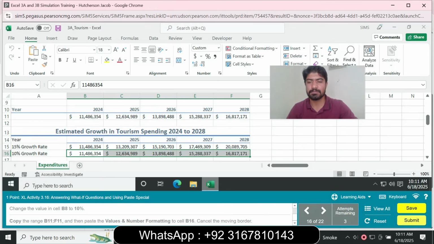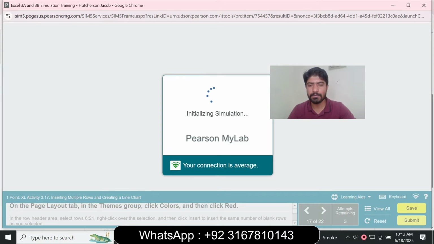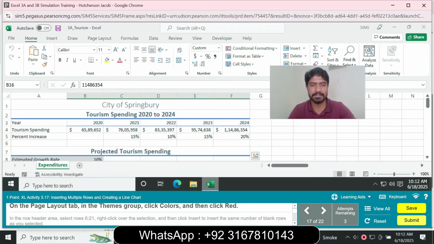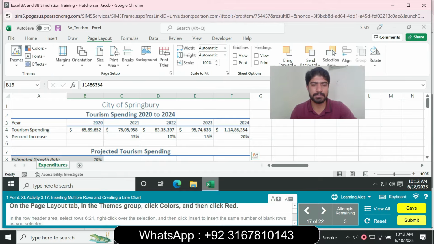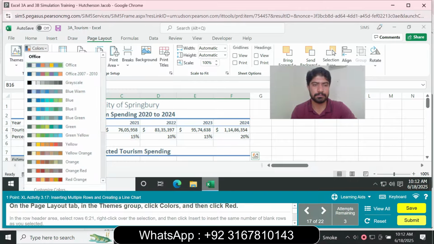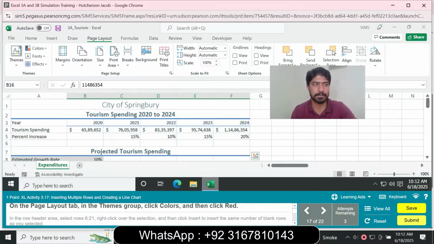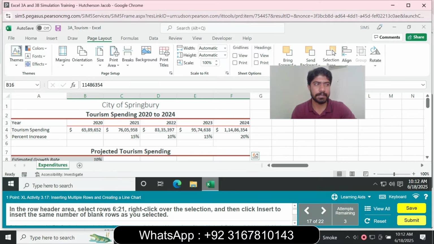We move to question number 17. So question number 17 is, on the Page Layout tab and Themes group, click Colors and click the Red colors. Click the Red colors and next is